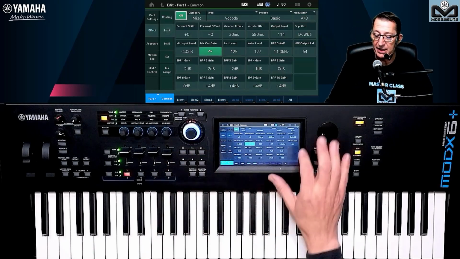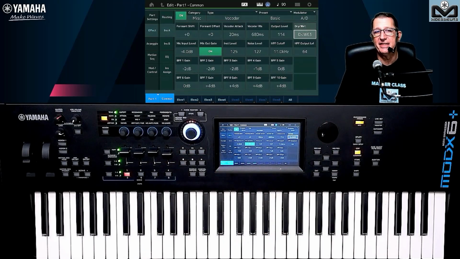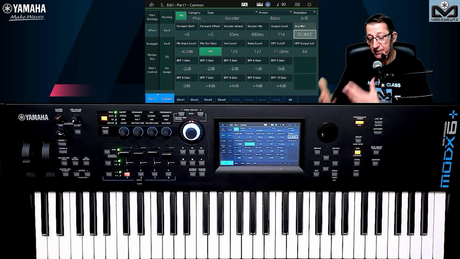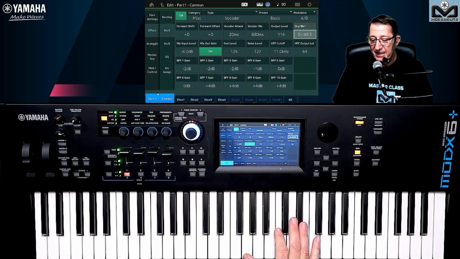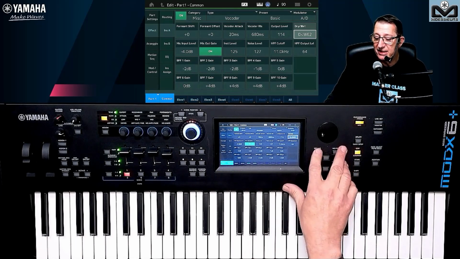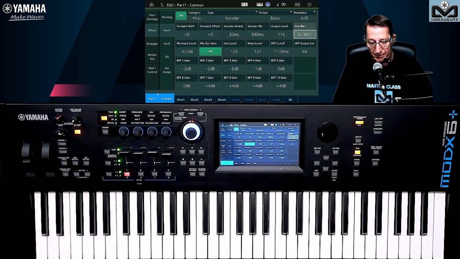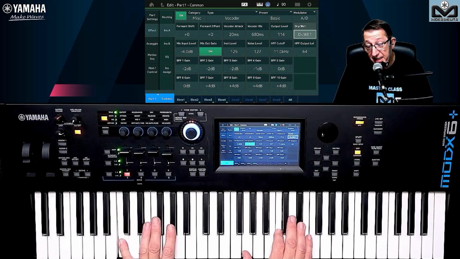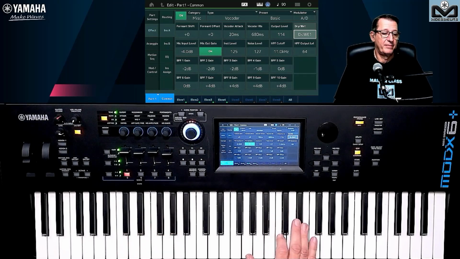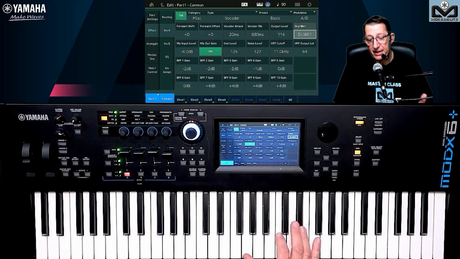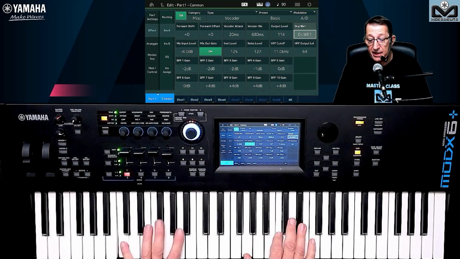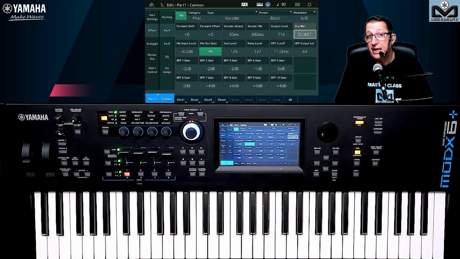And if we go here, let's see this first setting, very important setting. You have the dry, wet. Here we are full wet. Full wet means that there is only the microphone and the vocoder that you hear. If you want to hear the synth, you need to decrease the value a little bit. Let's go to 61 as example. And if you have a little bit of synth, of course. And here I can play. I have this synth, I can play with it.